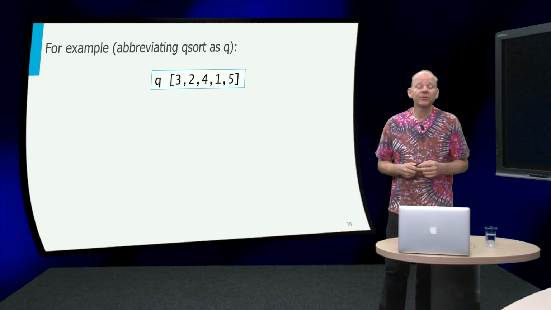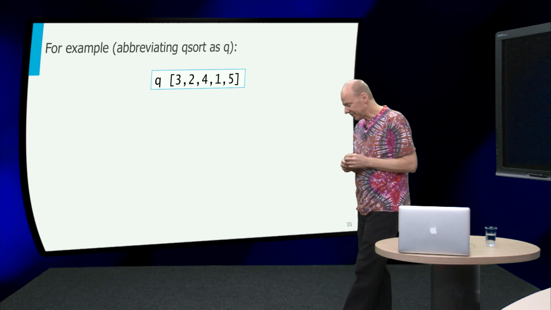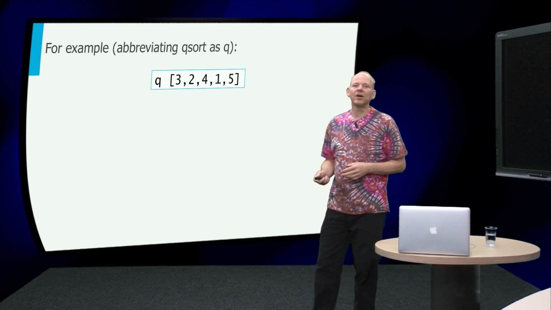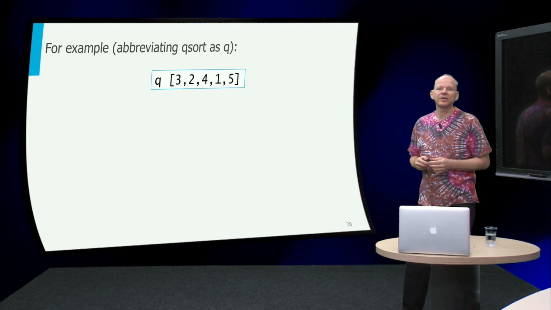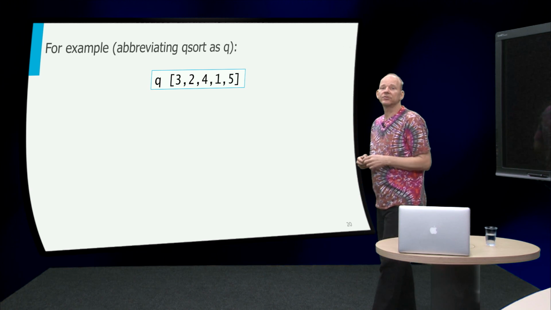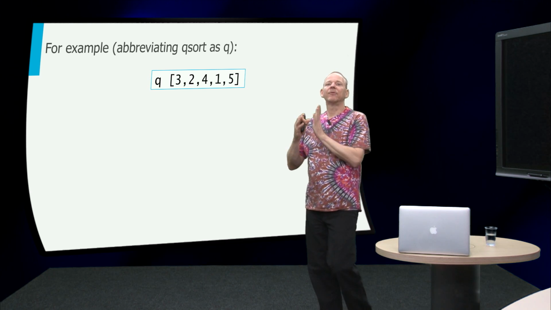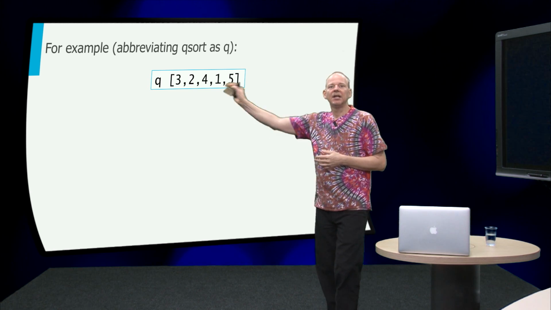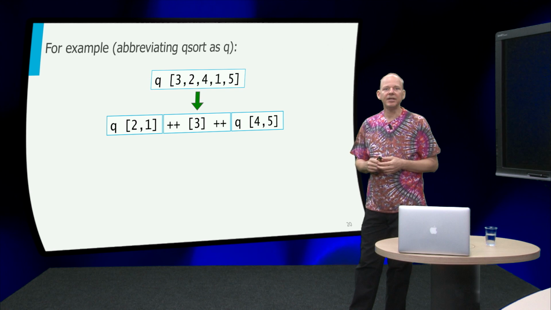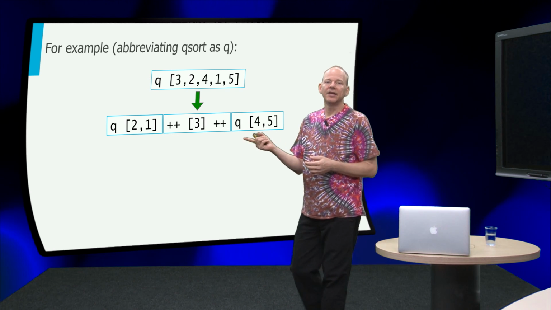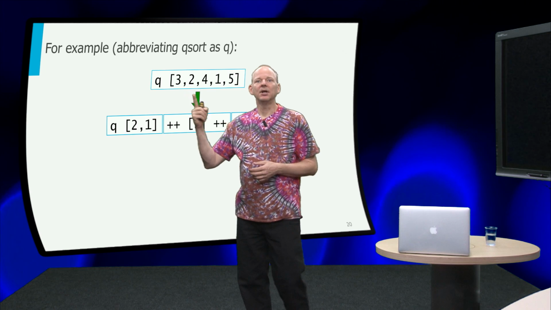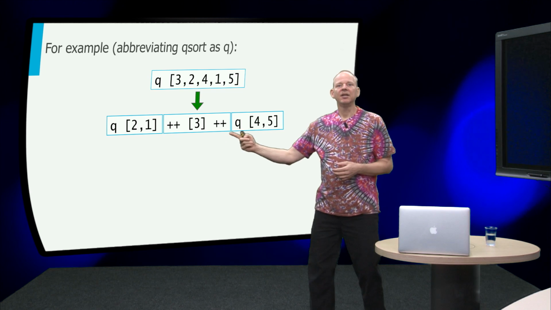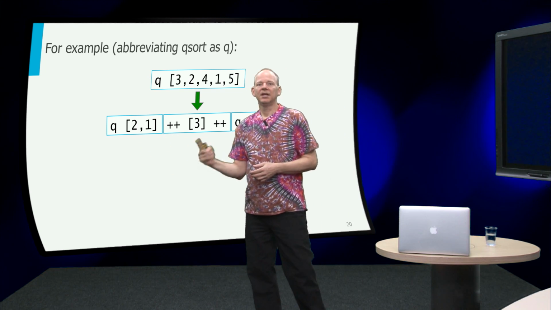If we want to illustrate how this works, let's abbreviate quicksort as Q, such that the slide doesn't overflow. So we want to sort the list 3, 2, 4, 1, 5. What we're going to do is take the head 3, and break up the rest of the list into the elements that are less than or equal to 3 and the ones that are larger than 3. The elements that are less in this list are 2 and 1, and the ones that are larger are 4 and 5. So that's what you see. We recursively sort those,